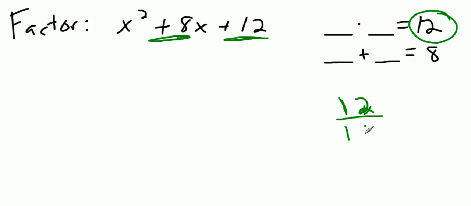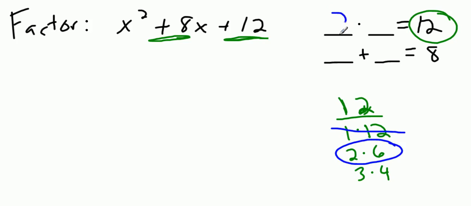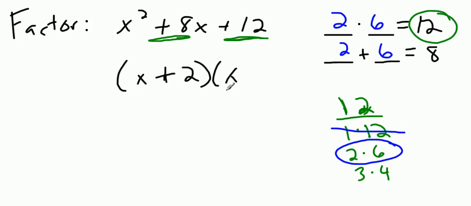1 times 12, 2 times 6, 3 times 4. Okay, 1 plus 12 doesn't equal 8. 2 plus 6 does equal 8. So we'll put the 2 and the 6 in. And we should be able to write our answer, x plus 2 and x